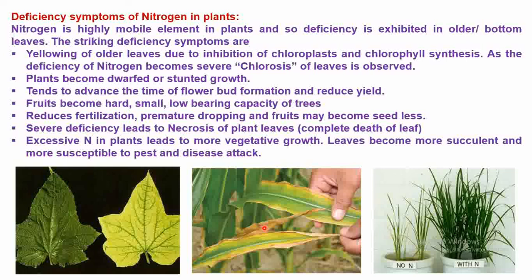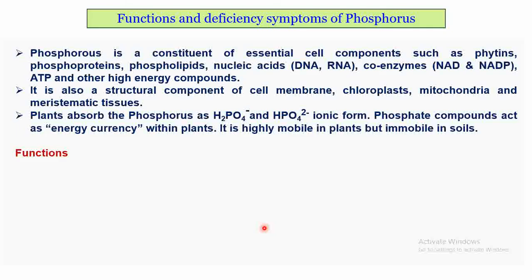These are all the deficiency symptoms of nitrogen in plant. Okay, next element, that is phosphorus. Phosphorus is a constituent of essential cell components such as